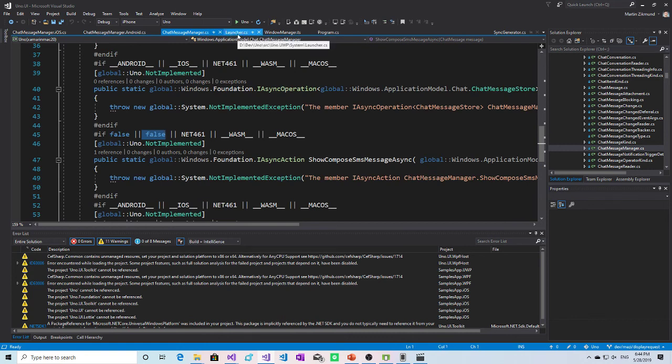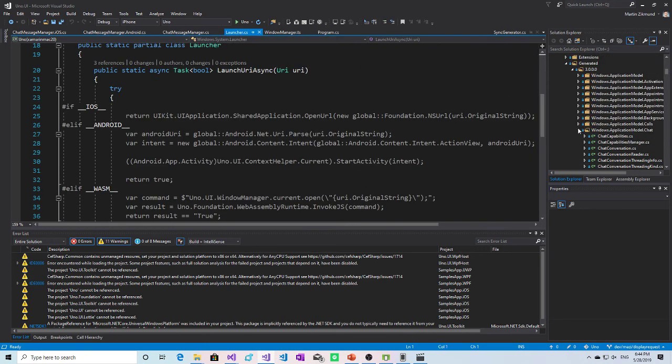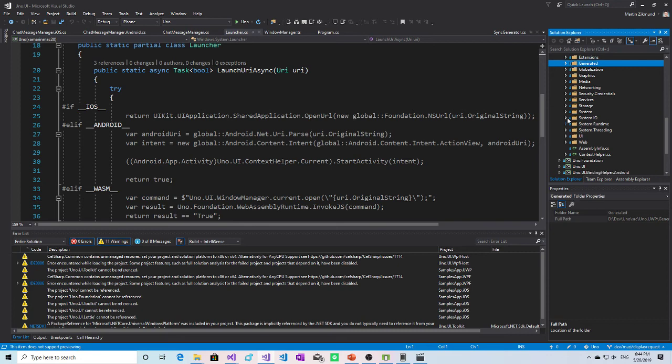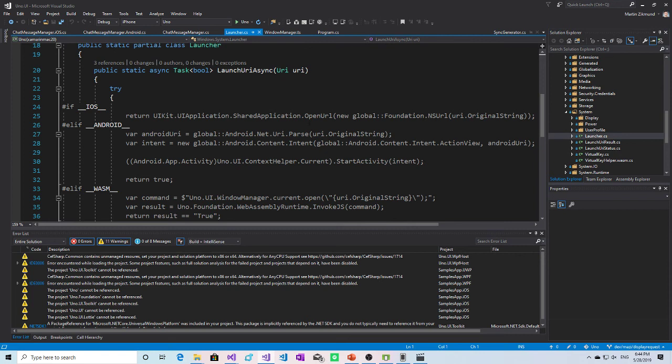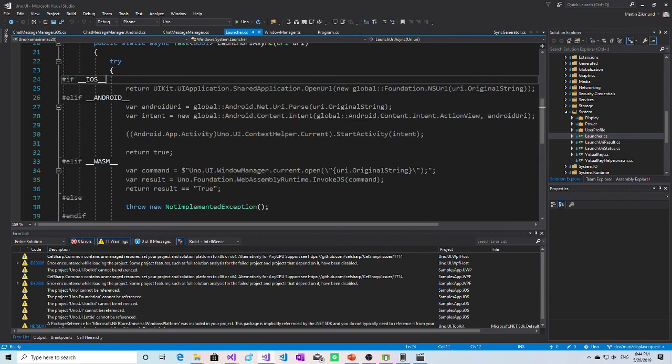Some simpler APIs, like the launcher, can be implemented in just one file. So here's launcher from Windows. It has launch URI async method. And this is a specific implementation for each platform in one file. And if you choose the target platform here, for example iOS, you will now open the URL in UIApplication shared application API.